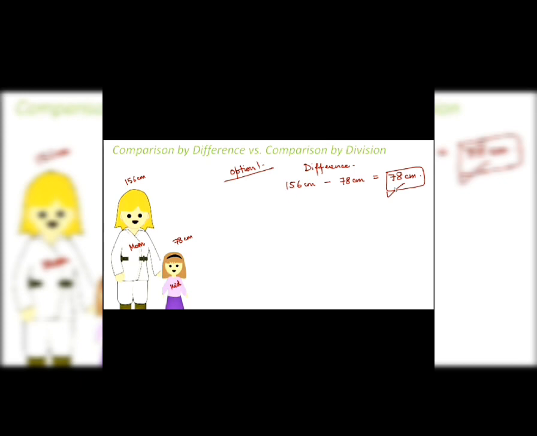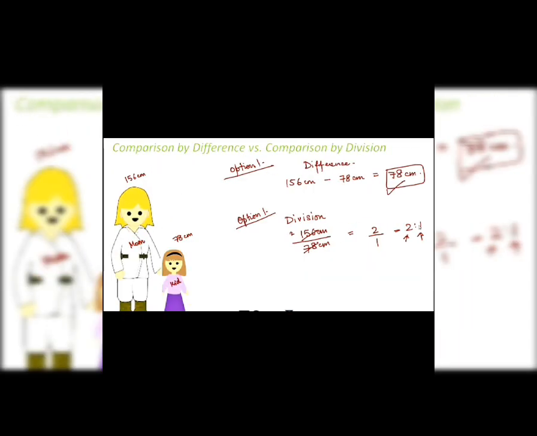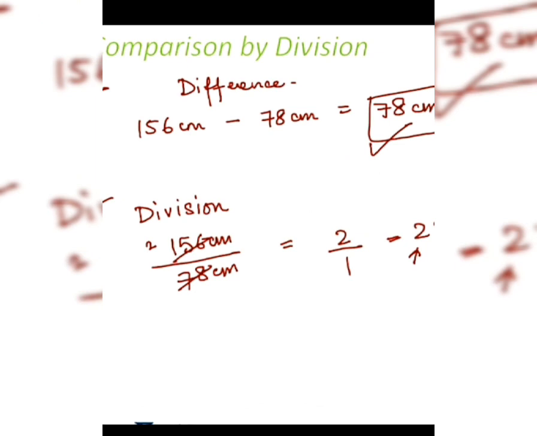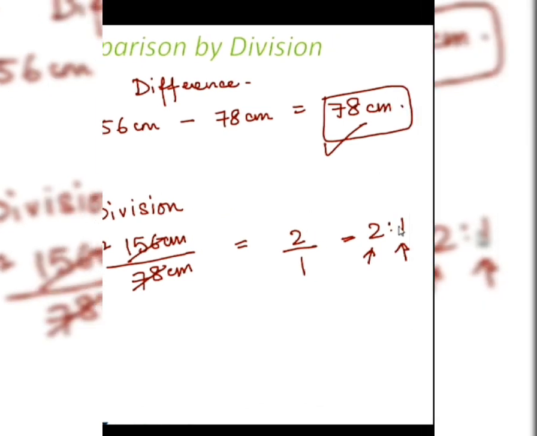The second option is you find out the ratio. What you do, you divide the mother's height by the daughter's height, so let me divide 156 by 78 centimeter. So then what do you see? 78 ones are 78 and 78 twos would be 156. So you will get 2 by 1, or 2 is to 1. So this shows that mother's height is twice that of the kid's height, which actually means that if you place